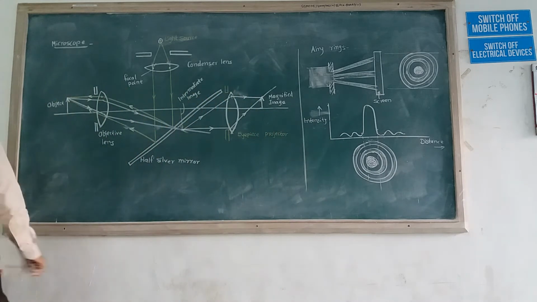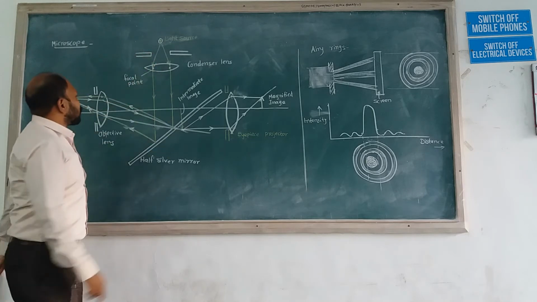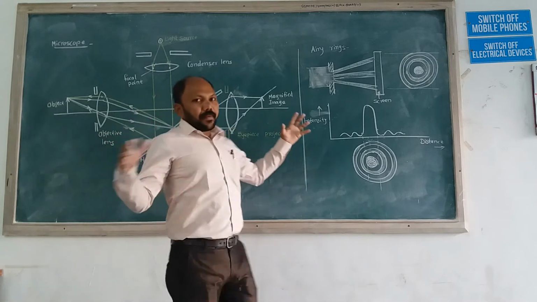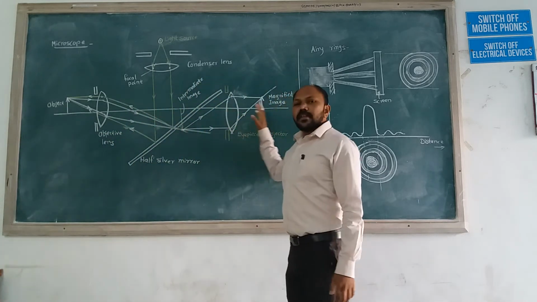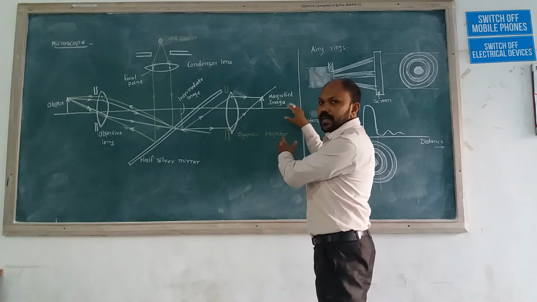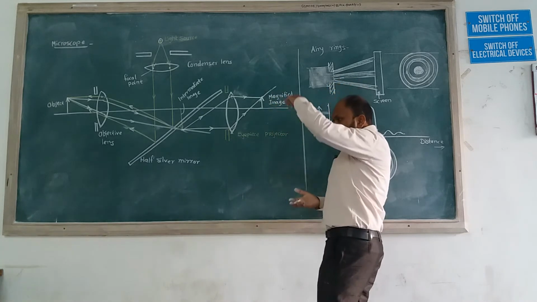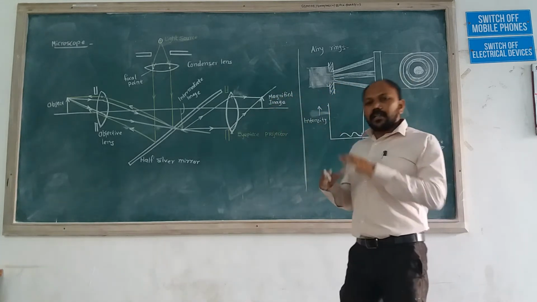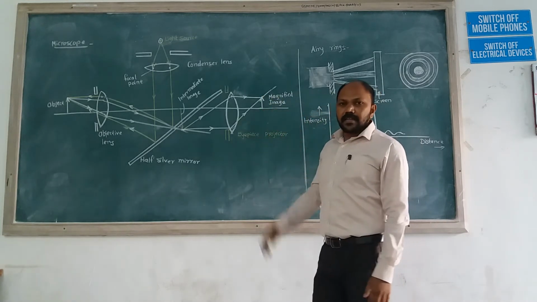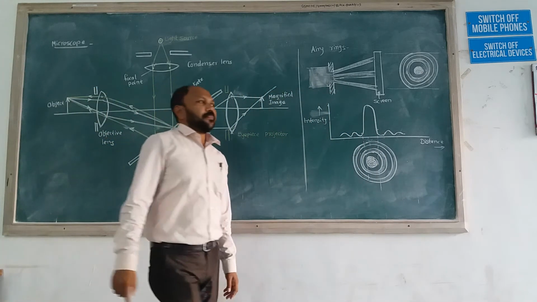One more thing I want to explain here. When we pass the light source through a number of lenses, if we want the magnified image, then we increase the number of lenses. The image is magnified, and again that magnified image passes through the next lens. Again the image size gets increased. In this way we magnify our original object's image.